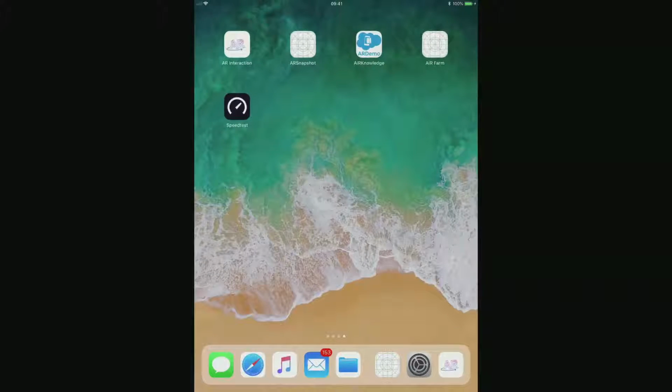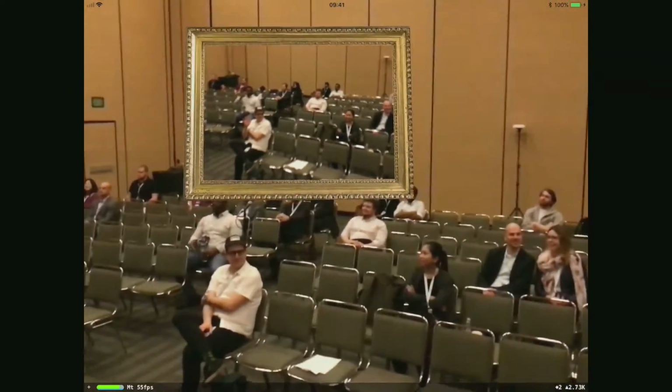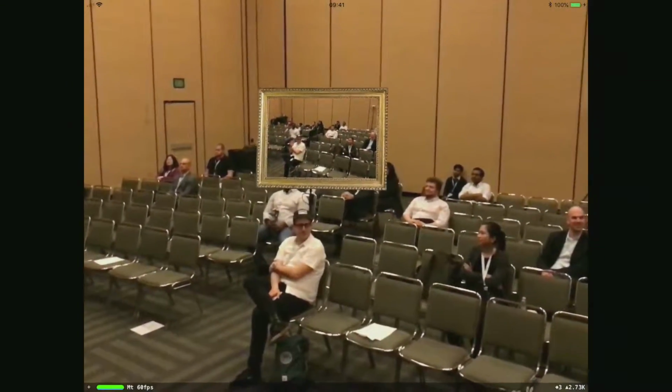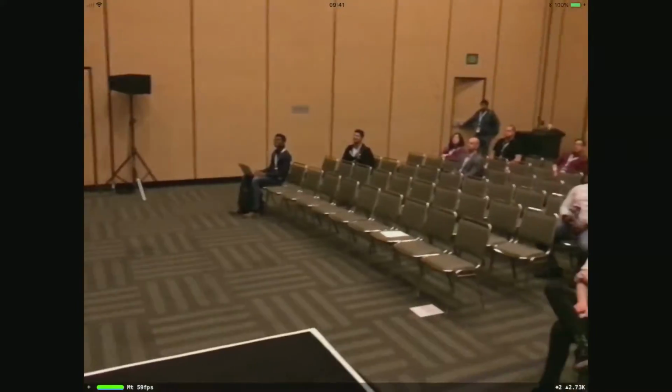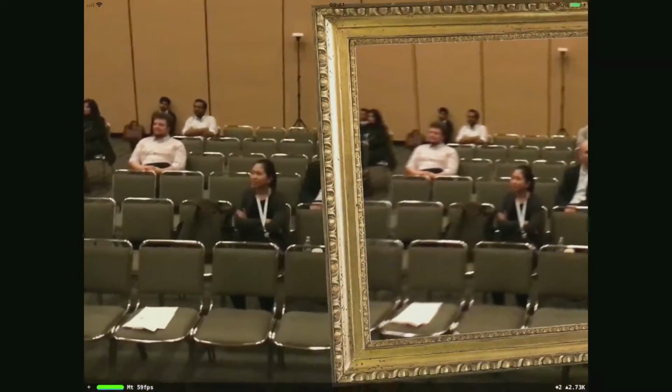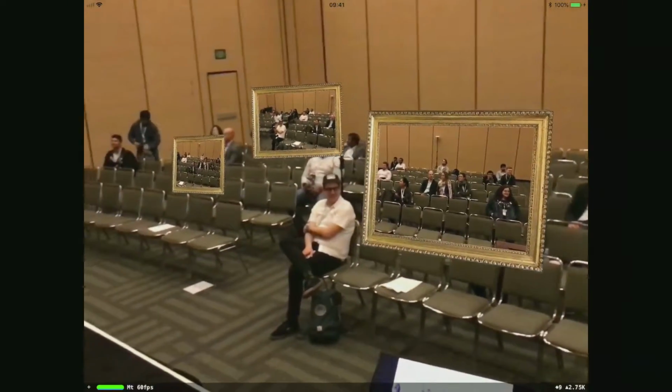Another one I quite like, and this is just to prove to my wife that I'm not actually here on a jolly and I am doing some work, is this snapshot view as well. So I can take a picture. I can take a picture of the audience. I can push the button, and there you can see I've now placed a virtual picture of the audience in the view, and I can take as many of these as I want. And then when I've taken them, they stay in the scene where I took them. So you get sort of like a living